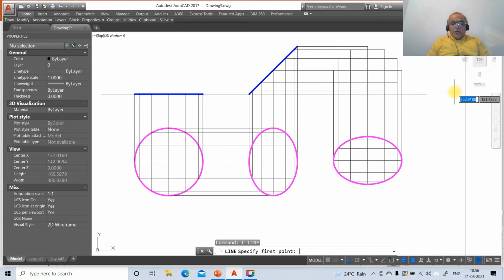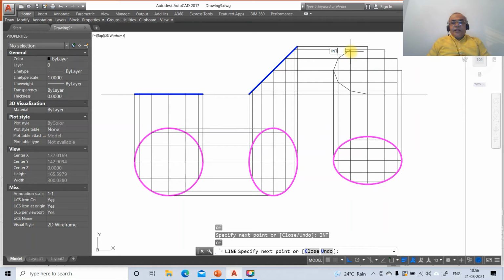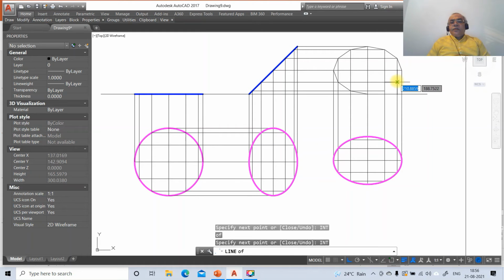Once you have this, then go to line, take int of this and take intersection point of this, then go to intersection point of this line and take int of this and take intersection point of this. Then you just take this line and take int of this and take intersection point of this, then int of this and then int of this, and then go to int of this and then go to int of this